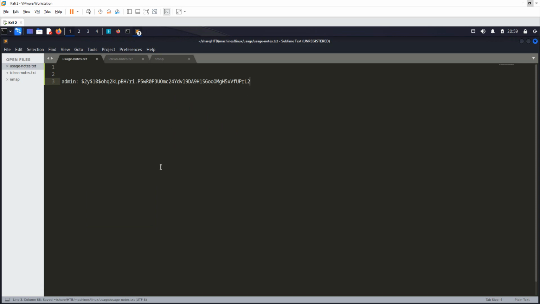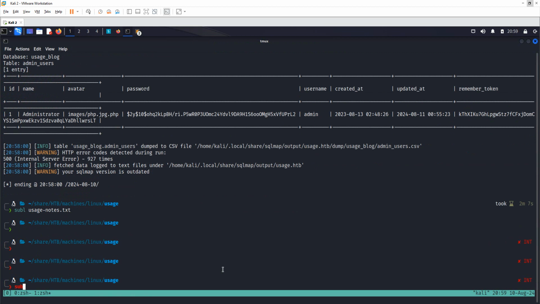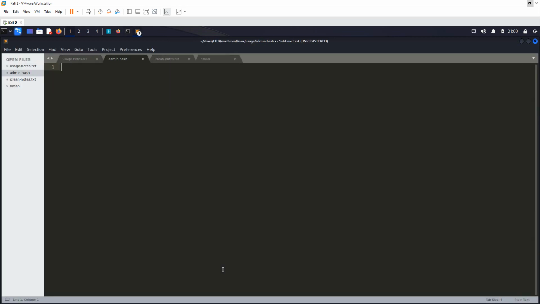Okay, so I've got this. So what I will do is I'll try to crack this hash. This is a bcrypt hash. So let me say admin hash. Okay, so the admin hash, I'm gonna put it in here